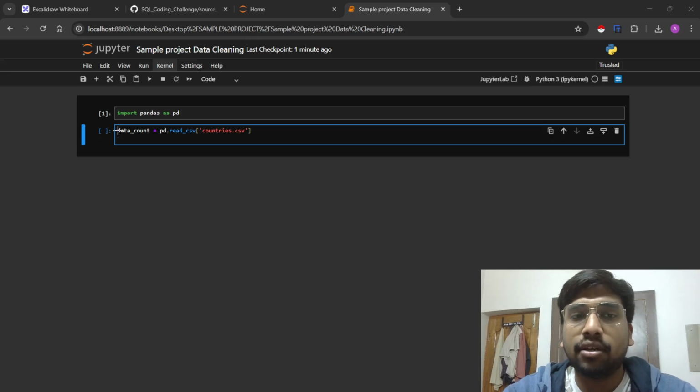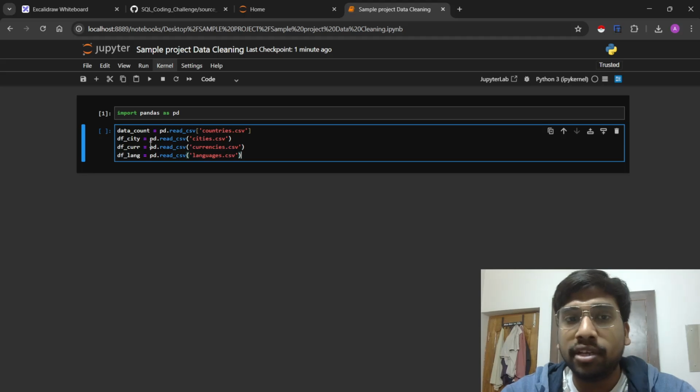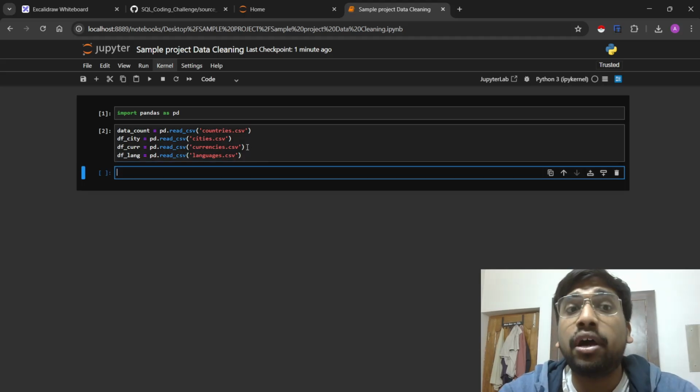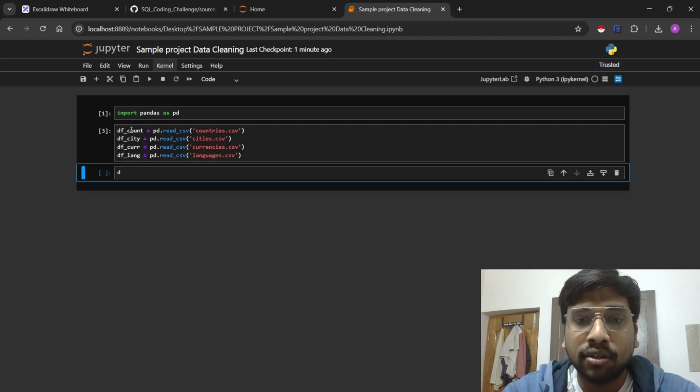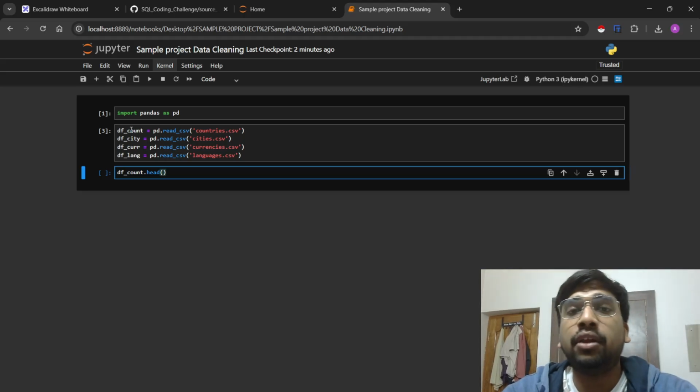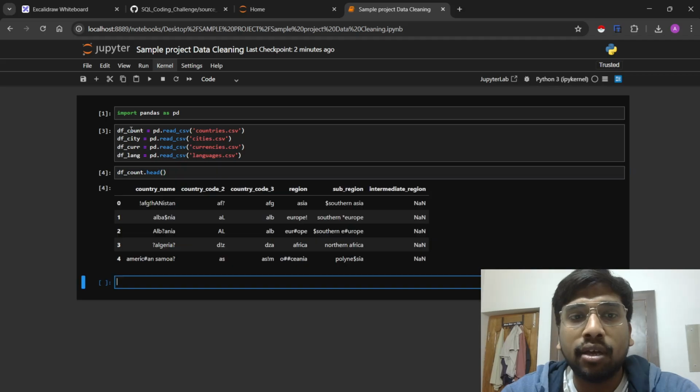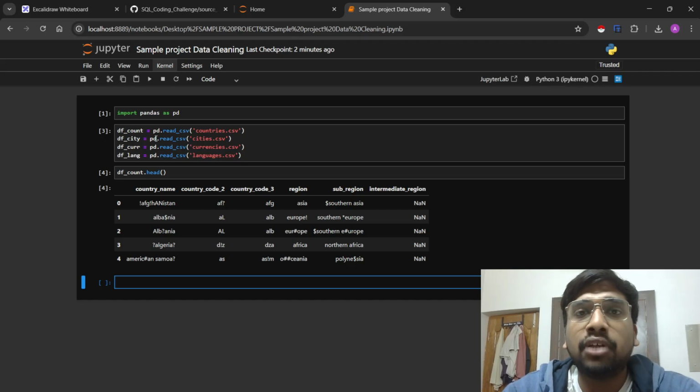You can write the variable names as per your convenience, but you can follow this nomenclature that I have followed because I found it easy. Okay, now all our four datasets are imported. To check, we obviously do this. Okay, sorry, I want this at df. To this we do df dot count dot head, and if we do dot head, then the top 5 rows will automatically be shown. Now let me tell you that all the 4 tables are already in a messy state, and it is our job to clean it.